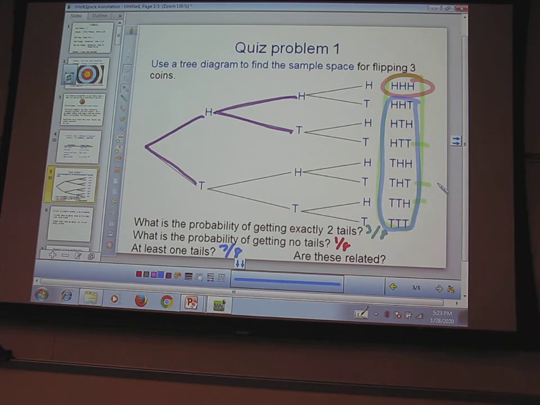For at least one tails, where it says 7 out of 8, would it have to be just one tails for it to be 3 out of 8? No, at least. Well, right, but at first I put 3 out of 8 because I thought I was talking about exactly one tail. We'd call that exactly. Okay. When it says at least, it means